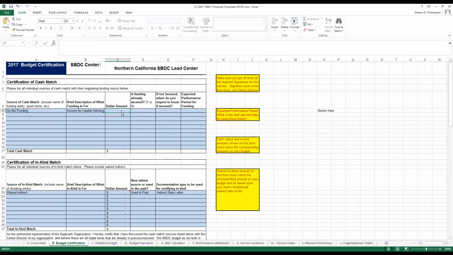I'm not being as specific as I should. I would also need to put that this is the governor's office. It's asking for the funding entity and the grant name, so I would put a little more information in this first column A. Then I would put a brief description of what the funding is for, access to capital advising, and the dollar amount. So if my fiscal year grant last year was $50,000,